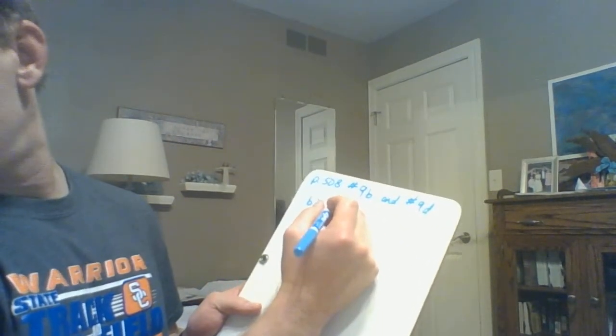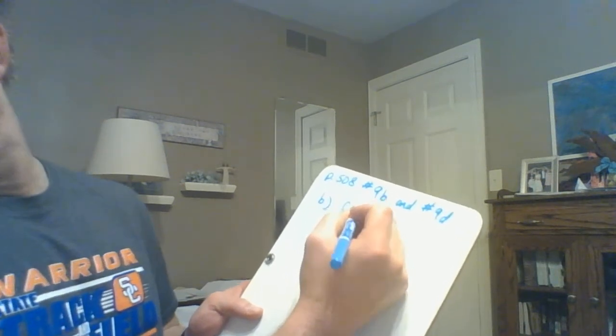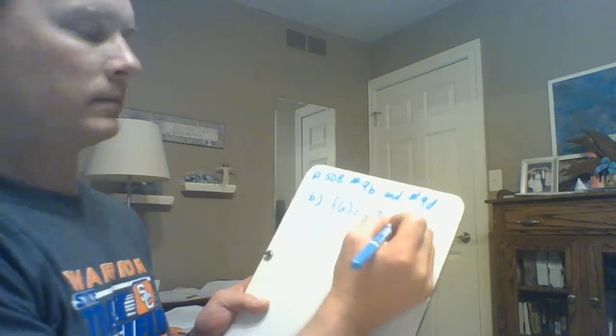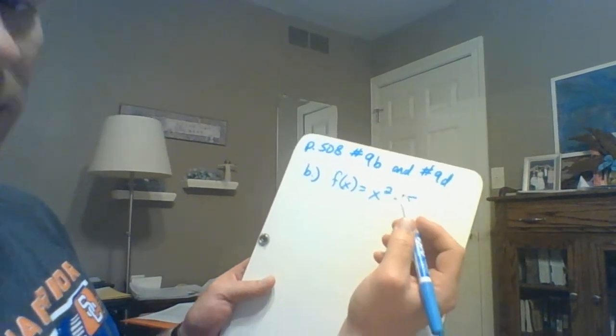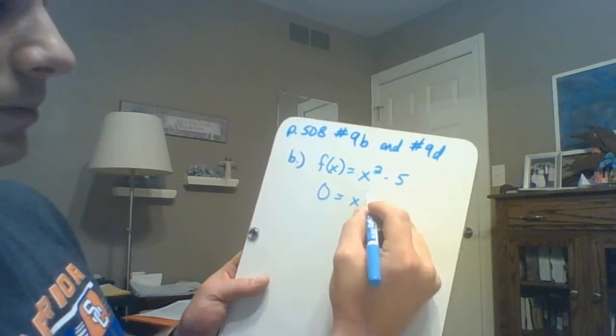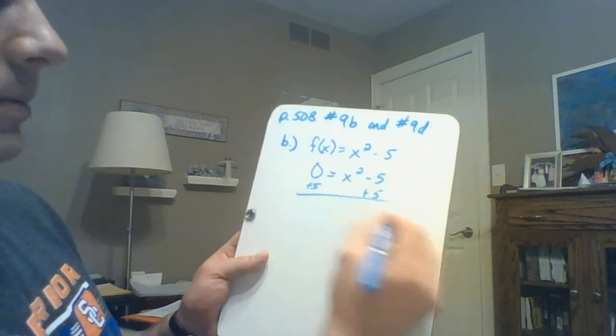Okay, one more quick one to show you here, 9d. The same sort of process here. They say f of x equals x squared minus 5. So if you want to find the x-intercepts, the zeros again, you set 0 equal to y, and then you just add the 5 to both sides,